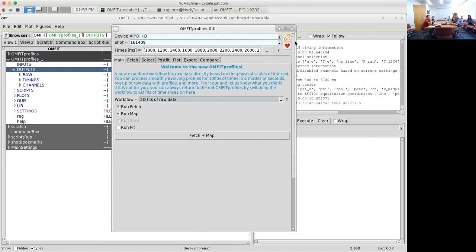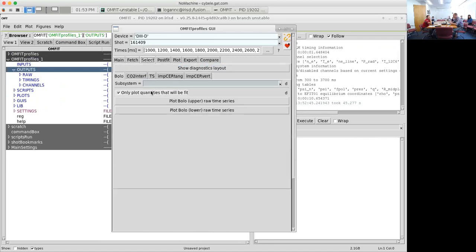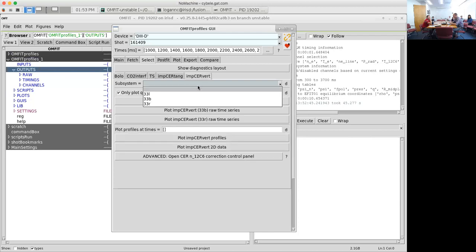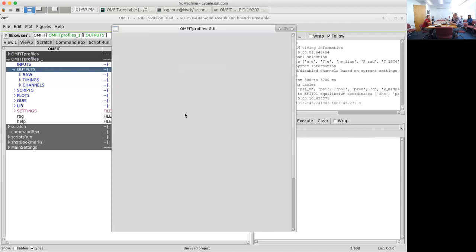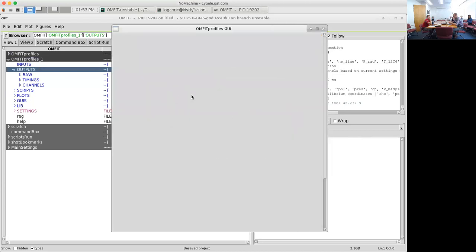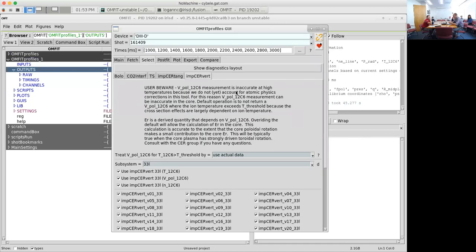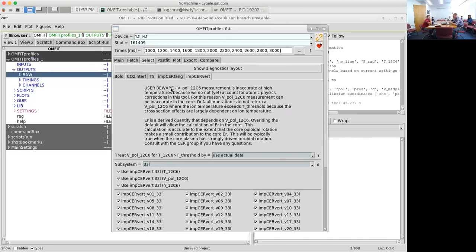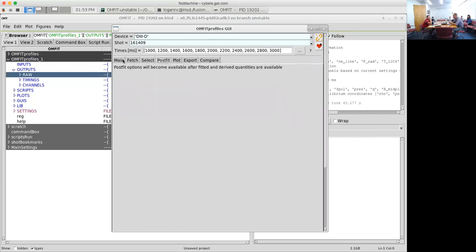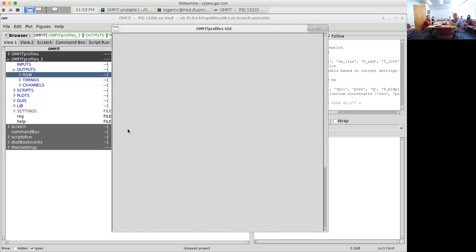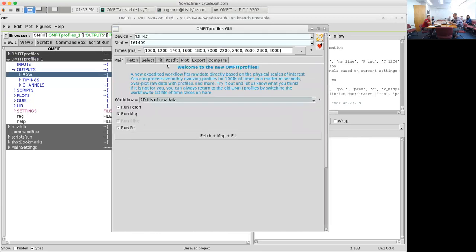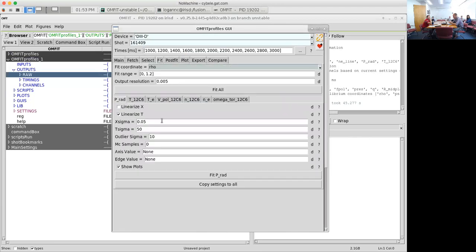Okay, so where are we? So yeah, all this is the same. We might turn on ecolloidal, for instance. Oh, I know what happened. Okay, so we can move to fit,